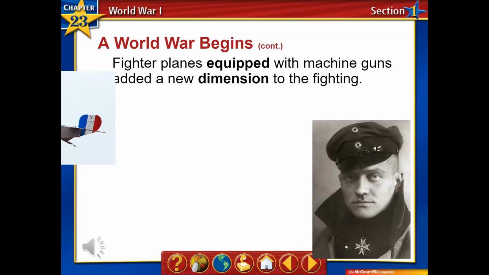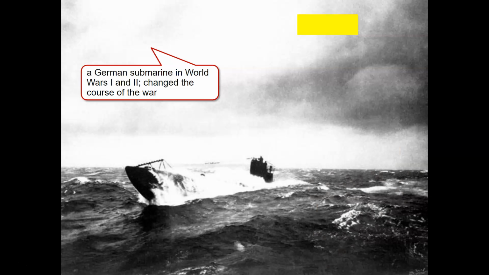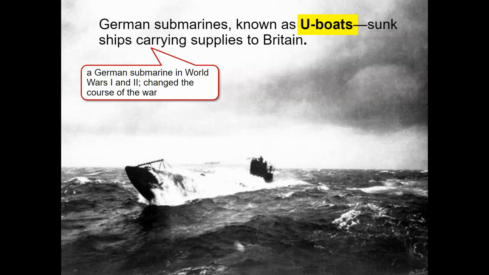You're also going to start to see the first fighter planes being equipped with machine guns, which adds a whole new dimension. Planes are going to play a much bigger role in World War II, but they're used largely for observation initially in World War I. But once they get machine guns, you will start to see a little bit more air warfare. Certainly, Manfred von Richthofen, also known as the Red Baron, becomes a very well-known pilot. Later he ends up getting shot down, I believe, by the French, but was able to gain some renown for his skills as a pilot.